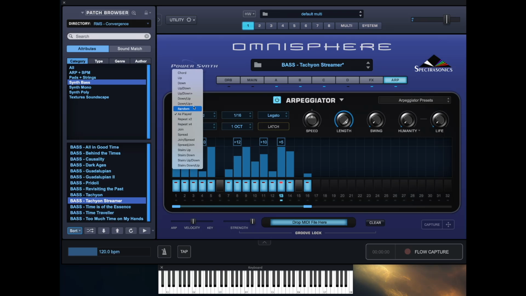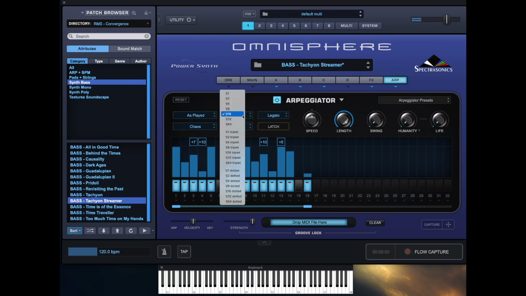And then what you can do is whack it onto chaos for a very interesting sequence. And introduce a second note. And a third note. Oh, why the hell not? Fourth note. And if that sequence is too fast,